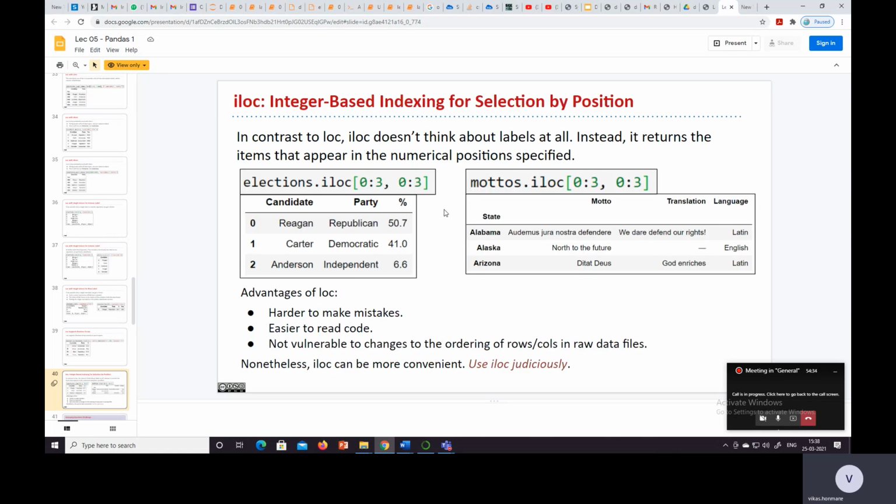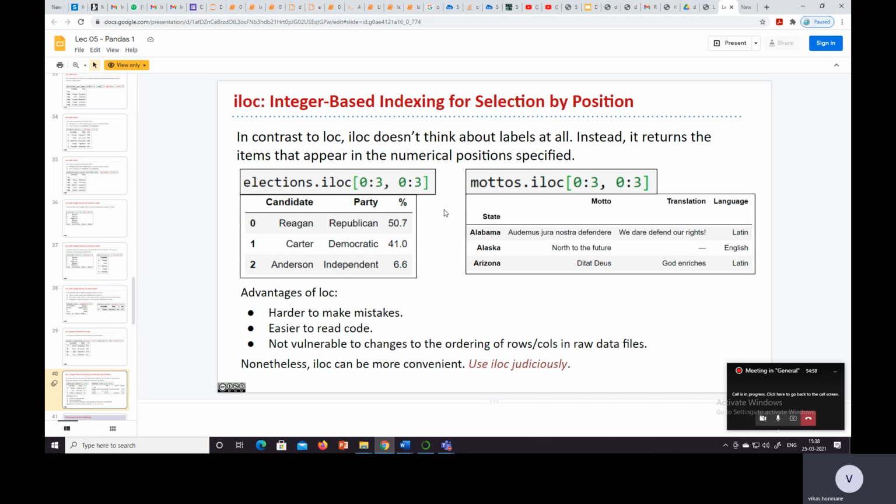Then the next thing is iloc, which is integer based indexing for selection by position. So we consider integer based indexing for the selection by position.